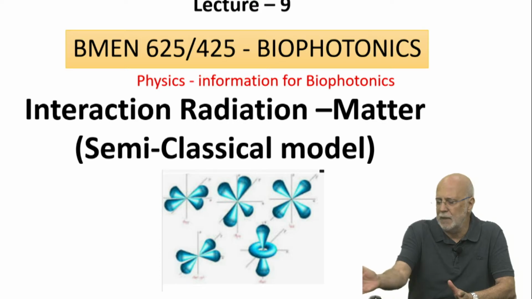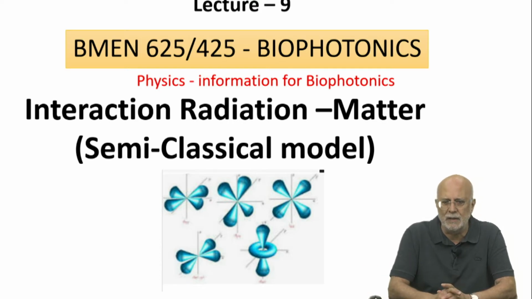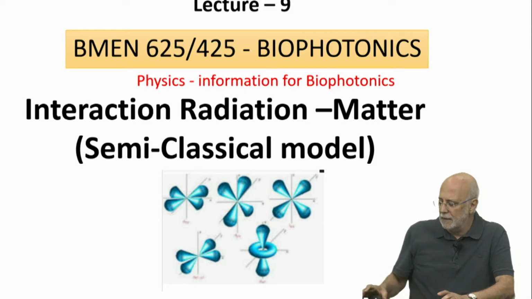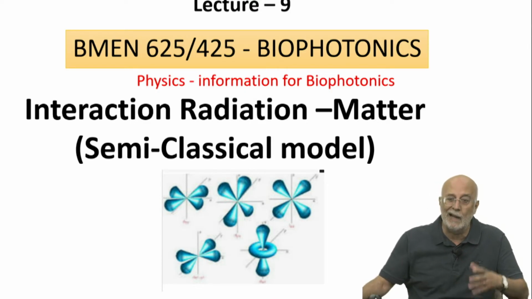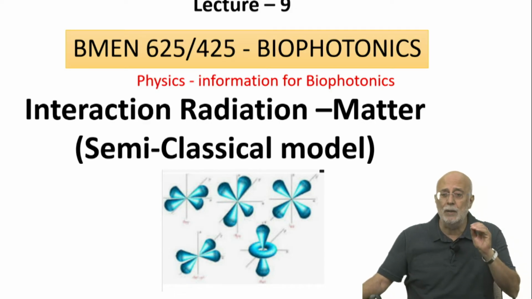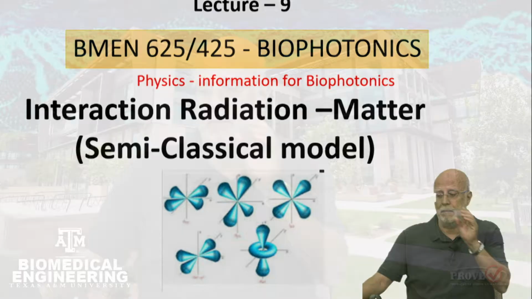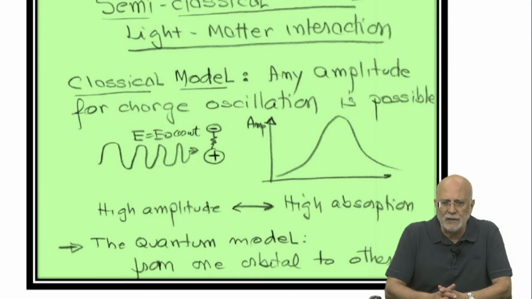So if you remember this, what you see here in this view graph, in the first slide, it's just the possibilities of orbitals that the quantum nature of matter allow me to have. So anything I do now has to be expressed by the distributions that are permitted. So let's start, and the first thing I want to do, we're going to call this semi-classical model of light-matter